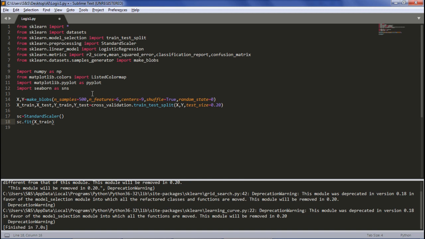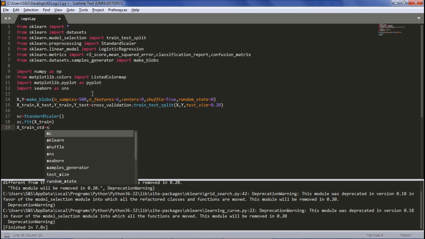And here we execute it on our train data and define X_train_standard as follows. So sc.transform,